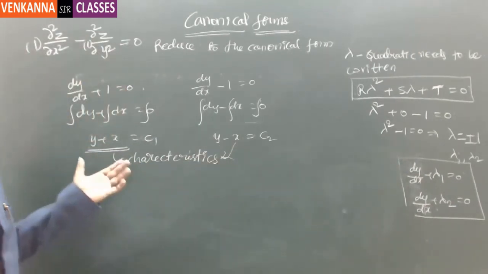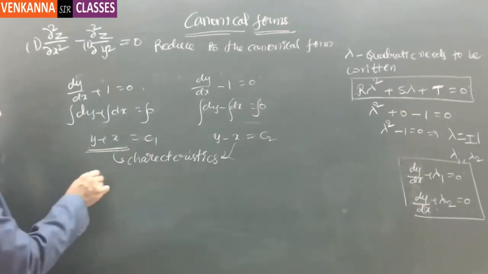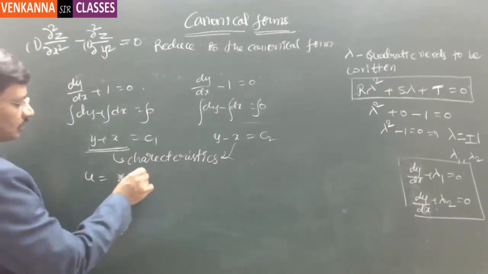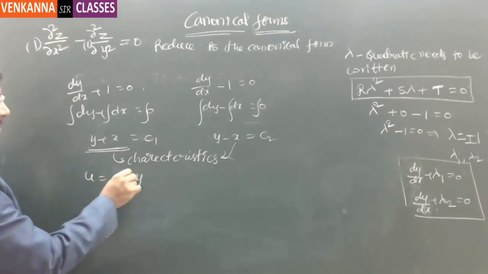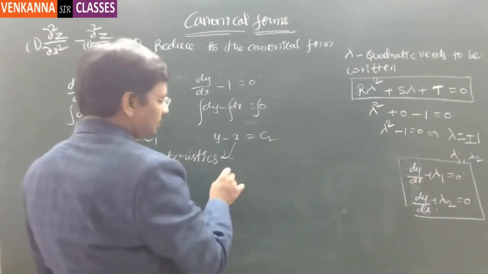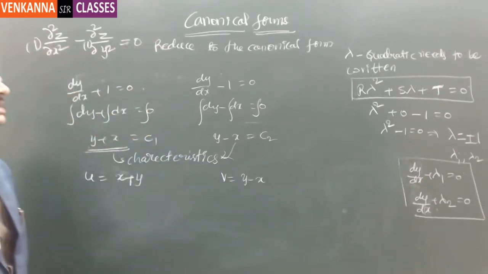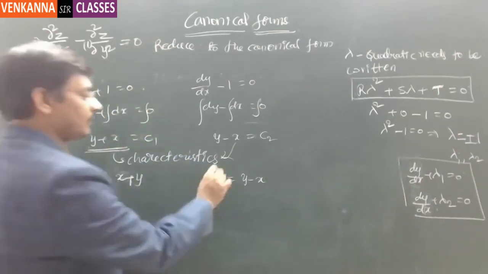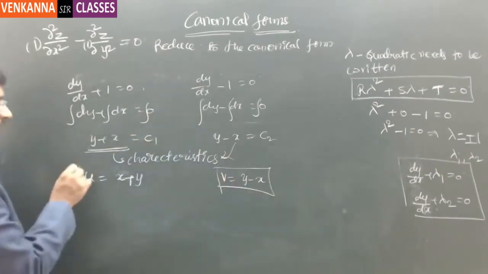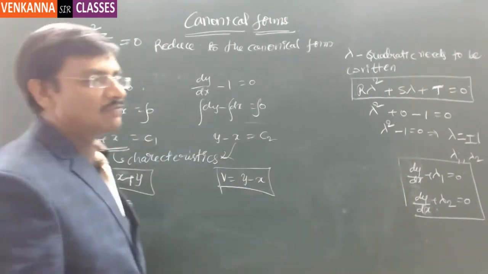The first one, u equal to x plus y, you assume as u, and this one you can assume as v, y minus x. So y plus x and y minus x, these are the two new variables we brought in. Now the canonical form we mean